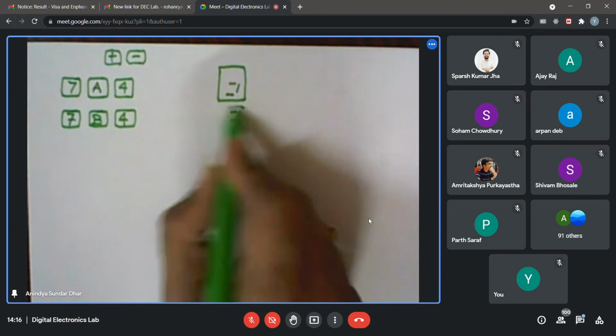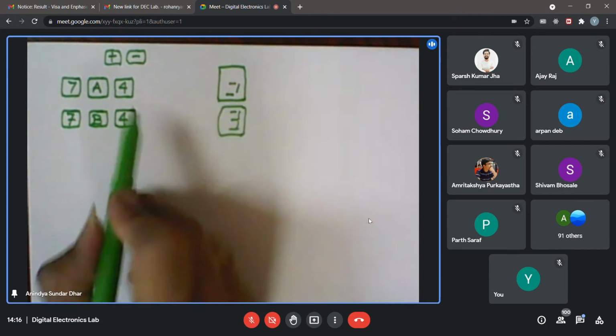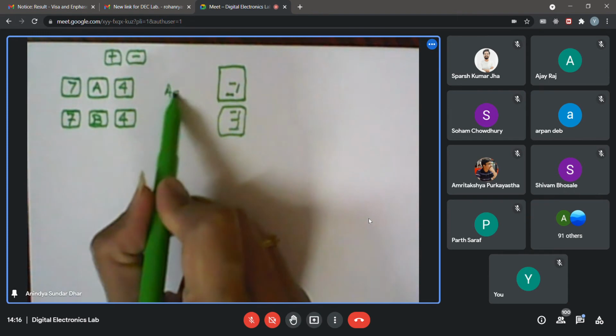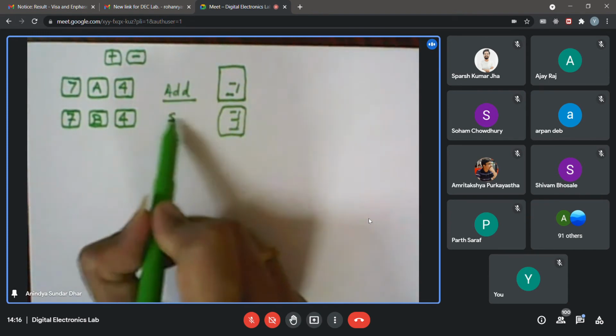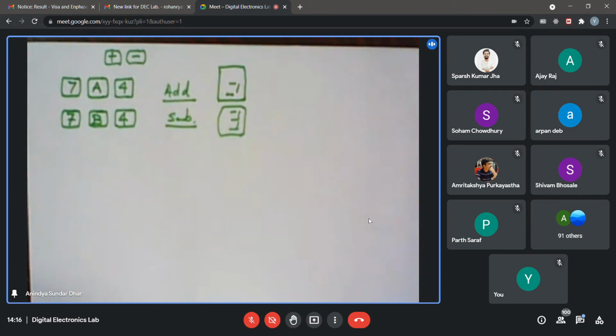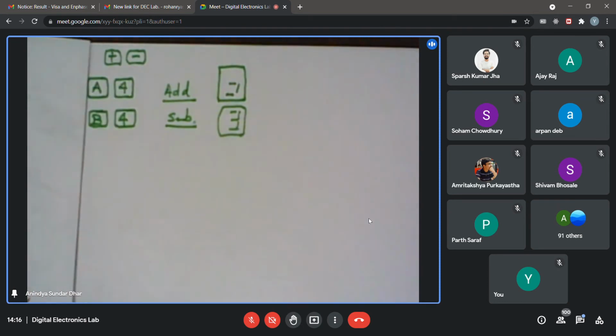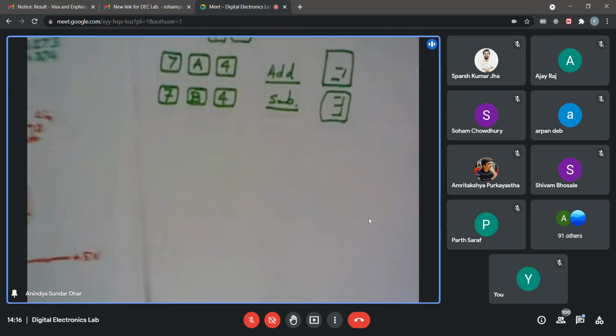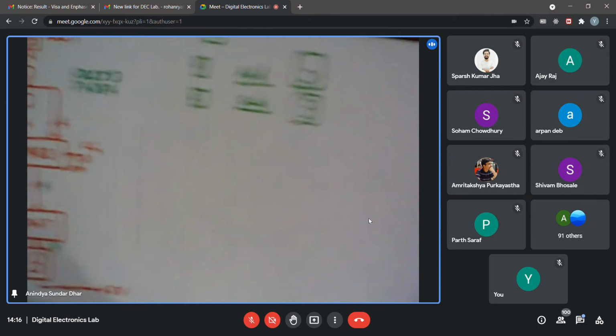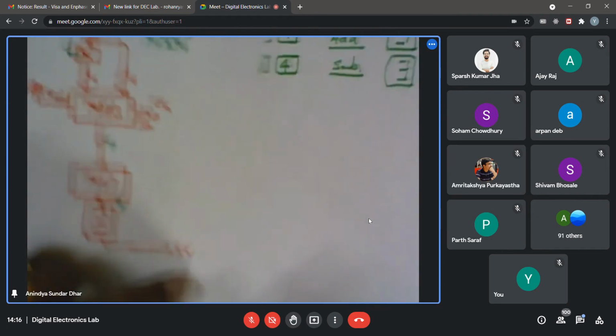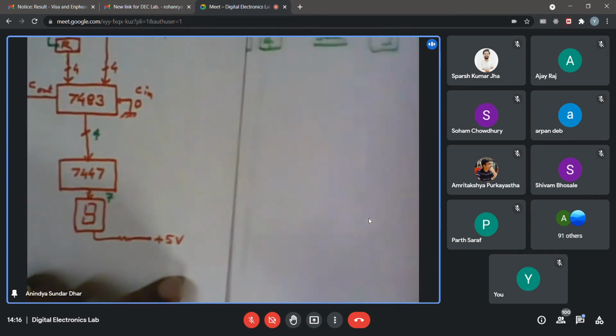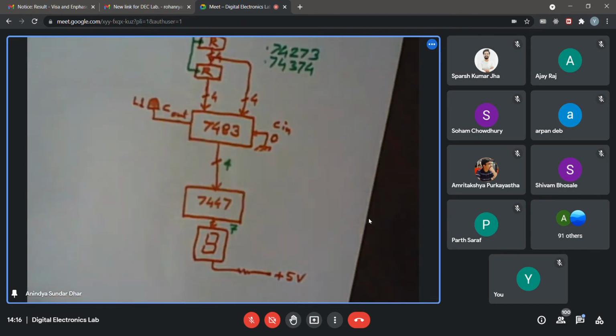Okay. So that is what we want for addition and subtraction. So that will be the modification. So if I put that just now, whatever I have drawn, I assume that you have done this one. So with respect to this, what are the changes do you think I need to have?